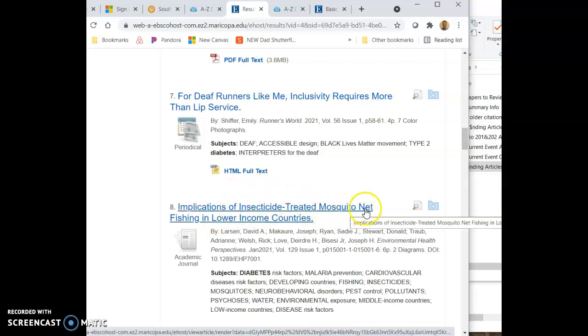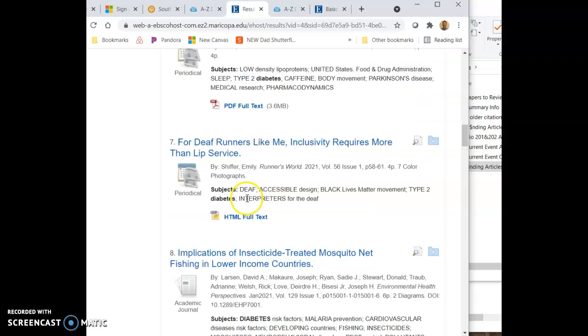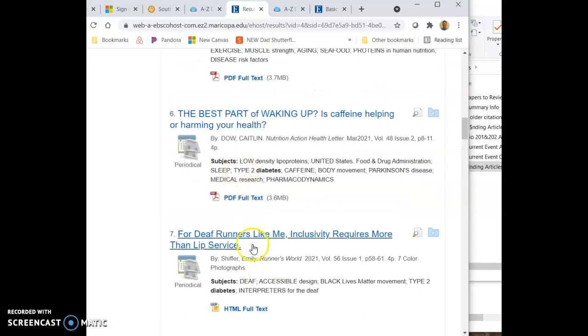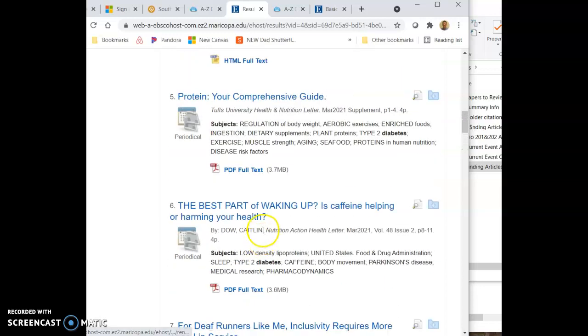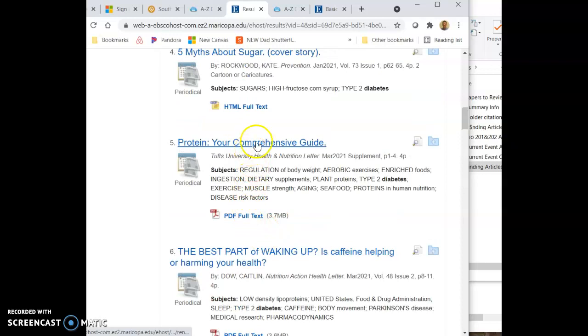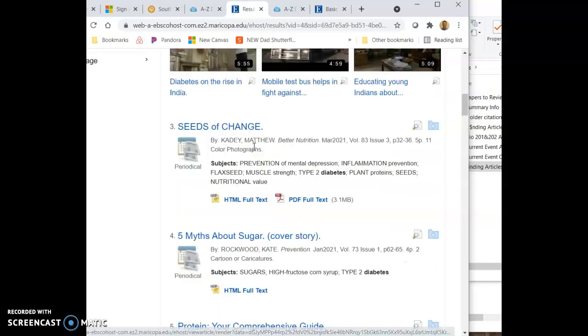So something about treated mosquito nets, that's no good. This doesn't sound like it's about the human body. Let's see if I misspelled sugar. That might